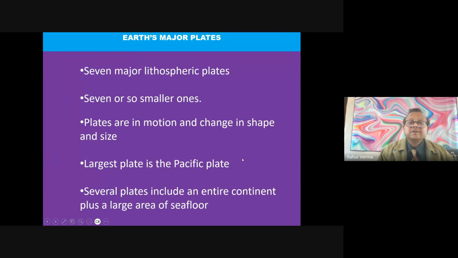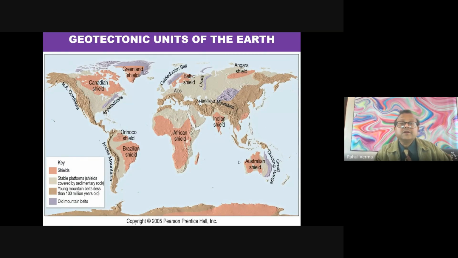So there are major lithospheric plates, and as I told you, they are floating on the asthenosphere. Now these are the geotectonic units of the Earth, and there are some interesting areas. These are shield areas. They are supposed to be stable. Wherever you get the collision of plates, you can get mountains. This whole area is a mobile belt. It is very mobile, and this whole area experiences a lot of earthquakes and volcanism. You can see here Mizoram, and this is Andaman Nicobar. We get a lot of earthquakes, even in Indonesia, anywhere.